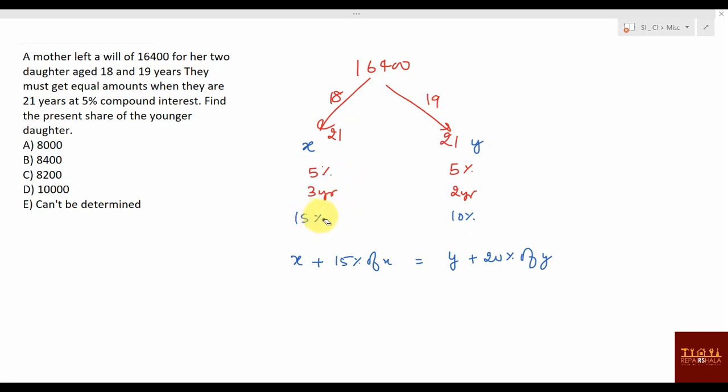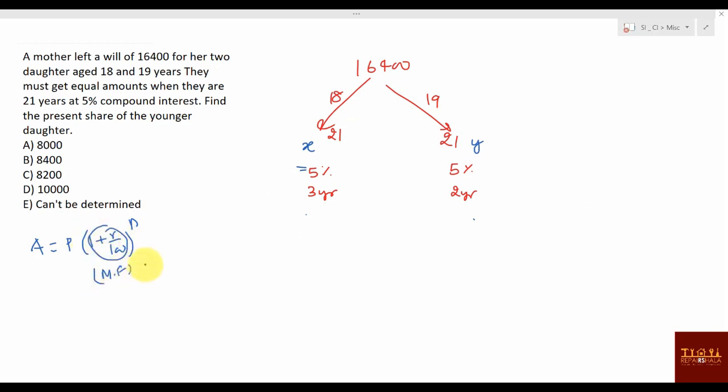Suppose compound interest is there, then what will be the value for 5 years? What will be the compound value? Okay, so understand what I'm going to write. If you remember this formula, A equal to P into 1 plus R by 100 raised to power n. Amount after 3 years. 1 plus R by 100 is the multiplying factor. 1 plus 10 by 100 is 11 by 10, 1.1 multiplying factor. Or you can say your principal into multiplying factor. So 5% value is 1 by 20, or you can say 21 by 20, or your multiplying factor will be 1.05.